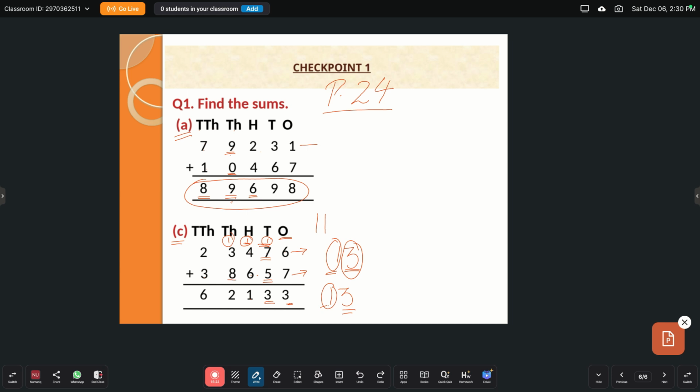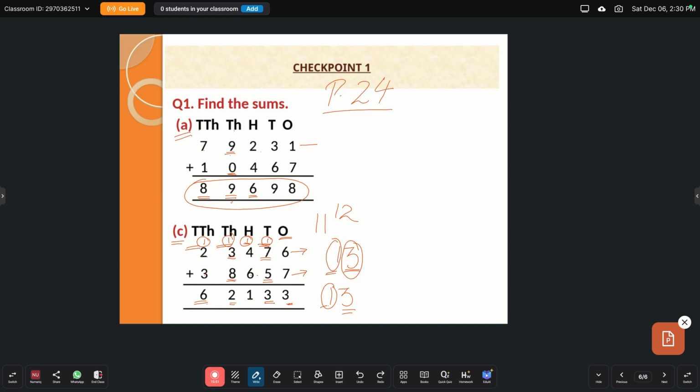Here again, I have to add 8 and 3. What is 3 plus 8 equal? It's equal to 11. And what is 11 plus 1? It's 12. So, what will I write here? I will write 2 here and I will carry this 1 to the next column, and that column is the 10,000s column. So, now we will add these addends here. What is 3 plus 2? It's 5. What is 5 plus 1? It is 6. Okay, beta.